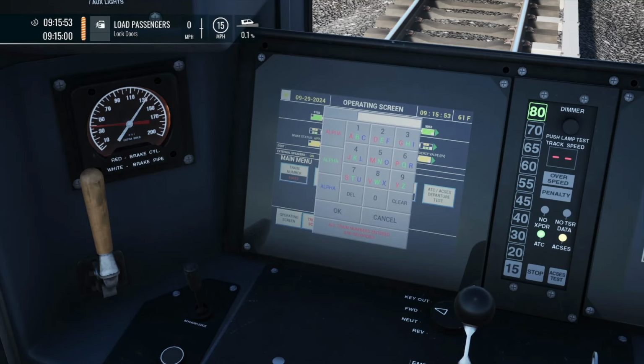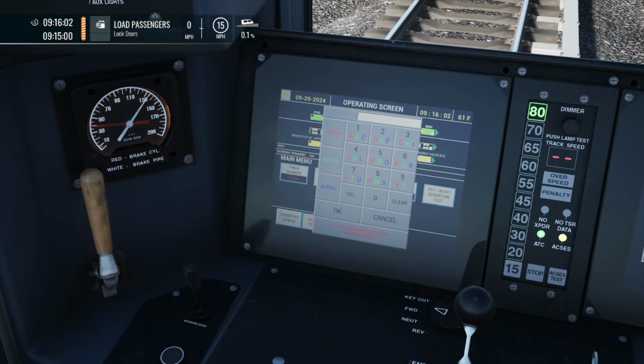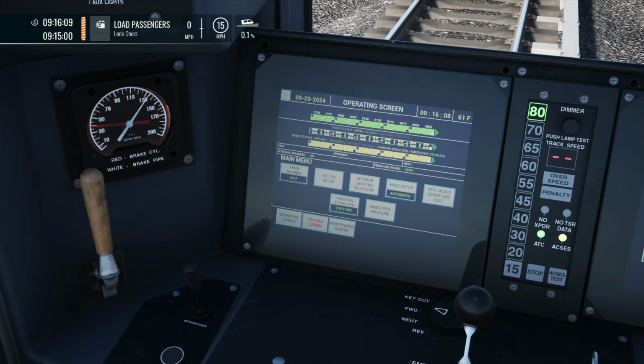Train number. What is our train number? It's T 2827. So I'm an idiot. I was looking at the coach or the multiple unit number. It is not that. It is your train number. So this is 2827. Let's go ahead and pop that in. 2827. Hit OK. It should verify and start running everything as far as the destination, your present location, next location,